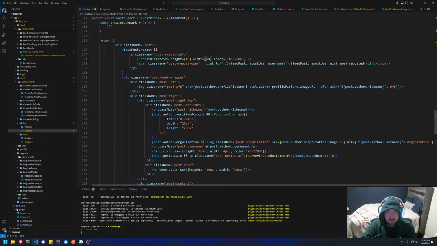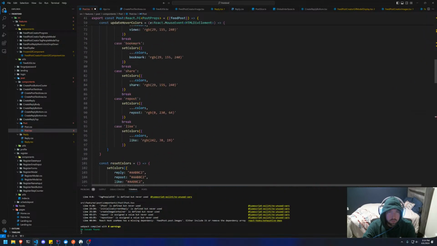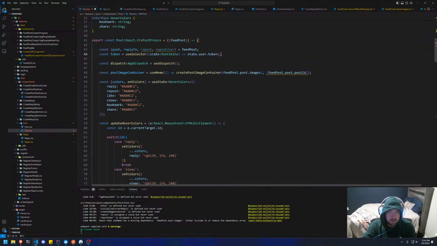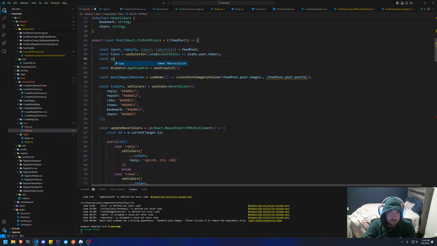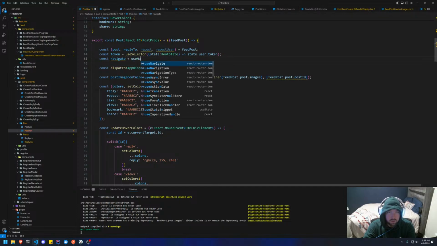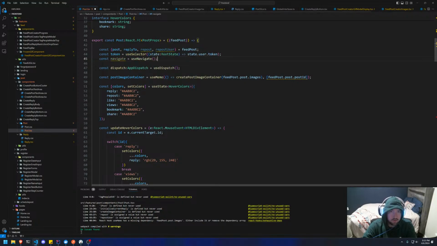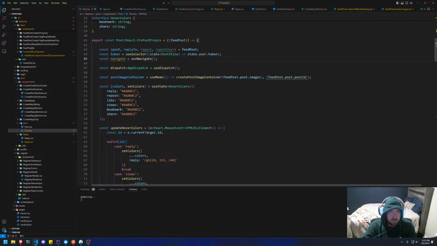And I think instead of a link, because this kind of makes it messy, I'm gonna get rid of the link, and I'm gonna have an on click on the span. On click equal to. I don't know why my display port keeps disconnecting, but we need to bring in use navigate, I think. So const navigate is equal to use navigate. And this should come from React Router DOM. And then what we can do